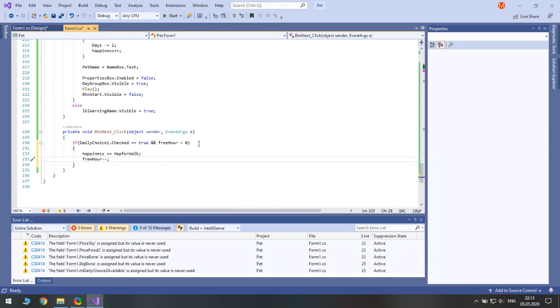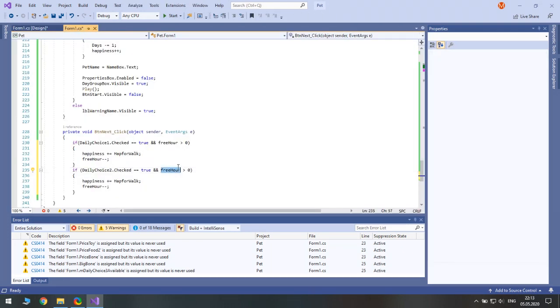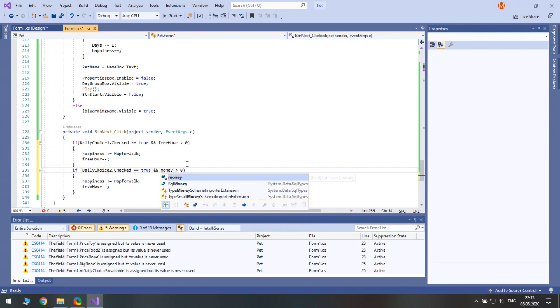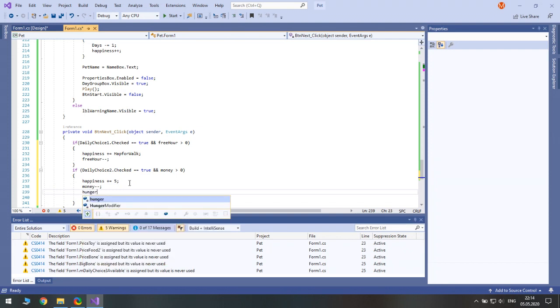Good. Else if it was daily choice 2, if it is equal to true and we feed it, so we spend money. So if money is greater than 0, we decrease happiness by 5, we decrease money, and we decrease hunger.